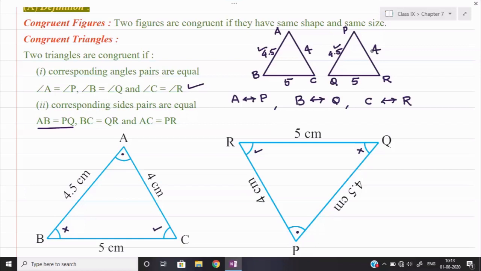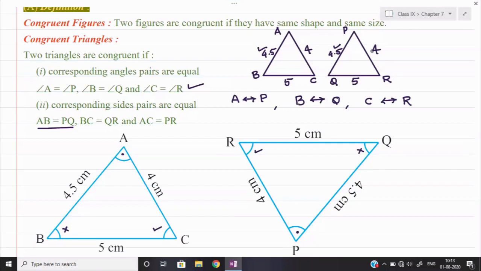So we can say that if all these 6 things are equal, as 3 things are given in condition number 1 and 3 are given in condition number 2, then the triangles would be congruent. Okay, so the congruent figure definition is very simple: same shape, same size. Here the shape is definitely the same, both are triangles. So for the first condition there is no confusion, the shapes are the same, but how can we define that the size is the same?